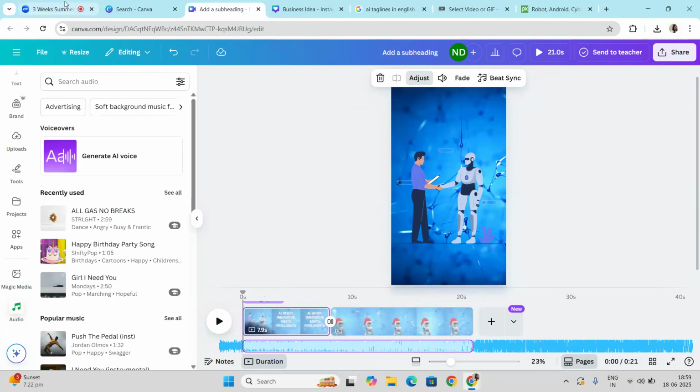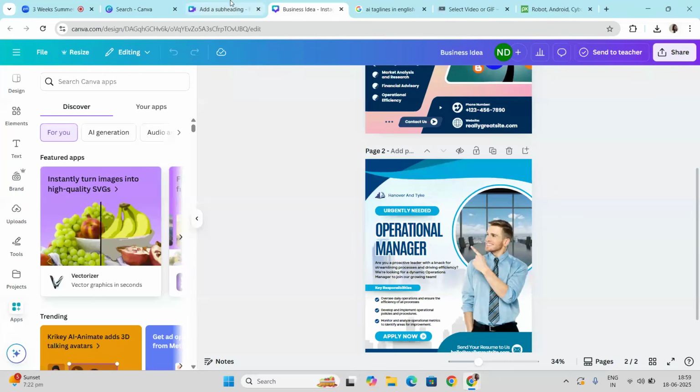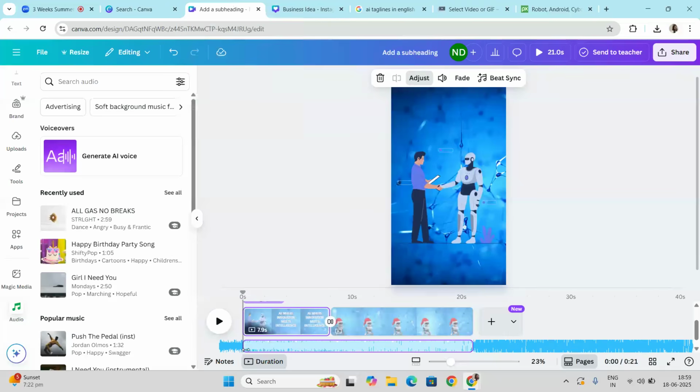Understood, ma'am. Could you please repeat the fade in, fade out concept, if you don't mind? Fade in and fade out means your music starts at low volume and ends at low volume.